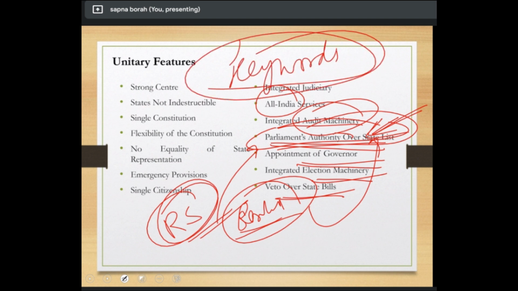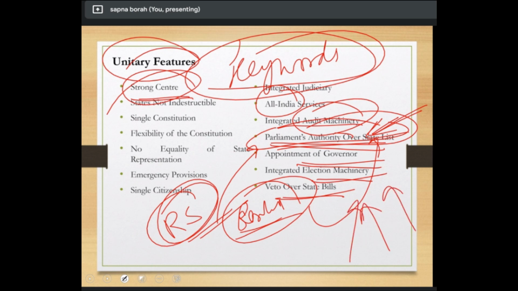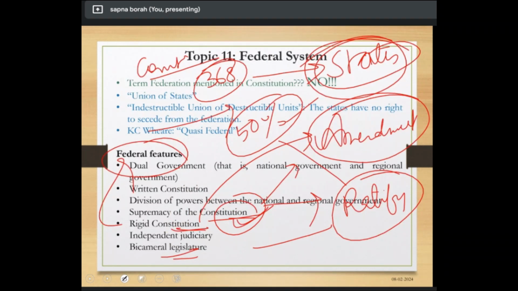Please remember the keywords. They will always keep the keyword statement and not change it, but you will see words like strong center. They will use it as it is in the MCQ, so you have to just remember. Again a trick: for unitary, you have to check whether the center is getting stronger or not. If the powers are divided, they will be federal features, dual. Wherever there is